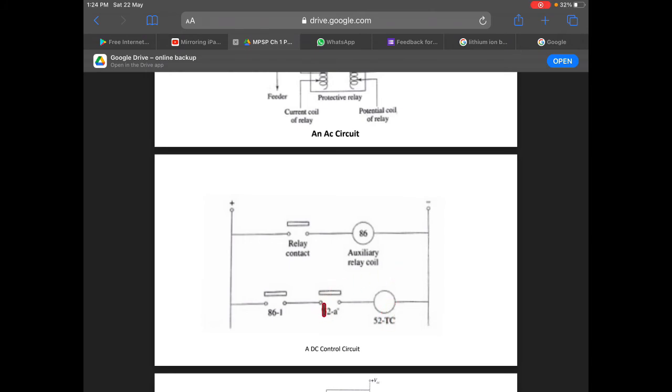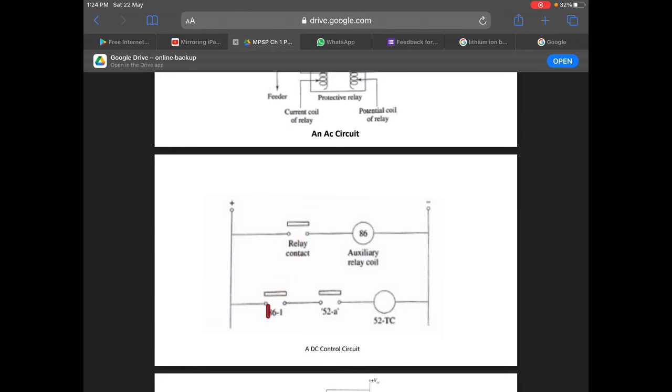Now why is this there? 52A is what? See, the relay contact will close when there is a fault. When this is closed, this is also closed. This is auxiliary, the normally closed and normally open pins I have told you about, right?